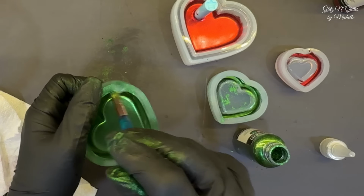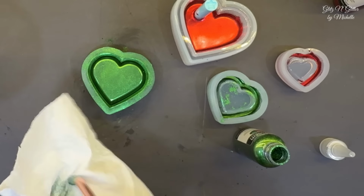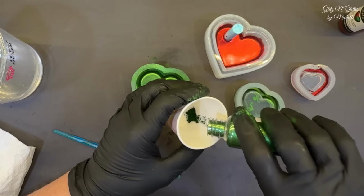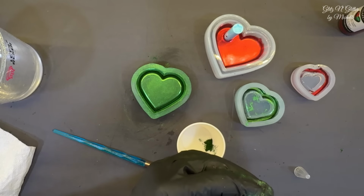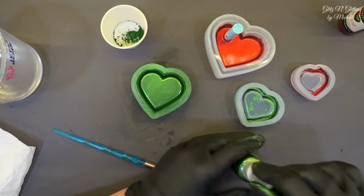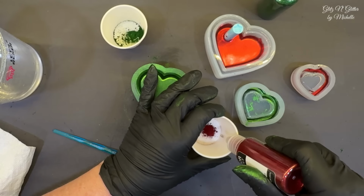So we will mix half, what do we got here? I don't need too much. I want to get some in here, and I will dissolve it like normal. They have these little spouts on here. Let's do that so I don't overdo it. Isn't that cool? Just push a little bit out of the little thing. That's cool. And then we don't need much in the red, so I still might have a little